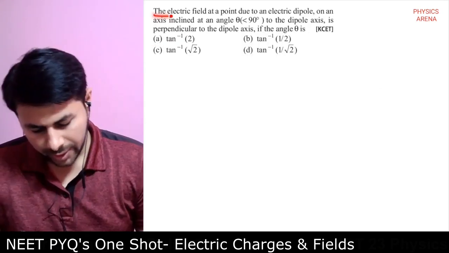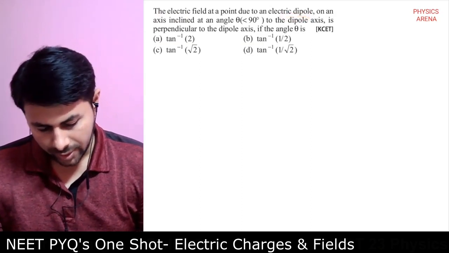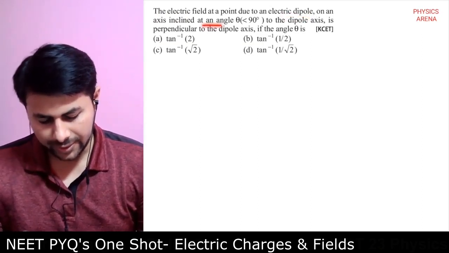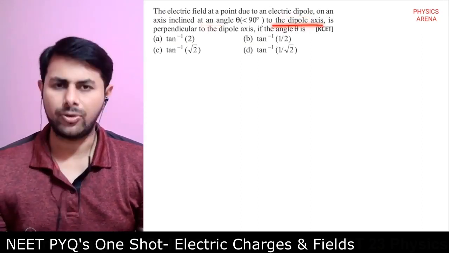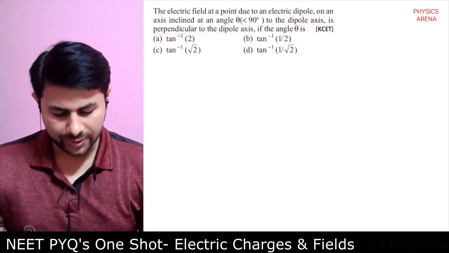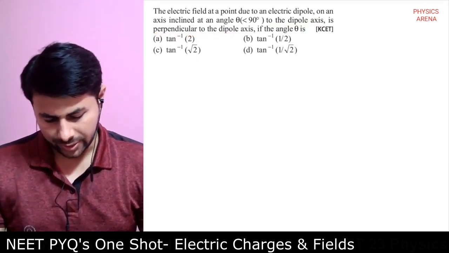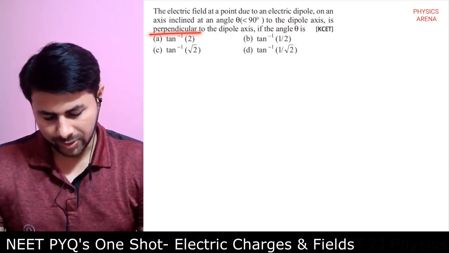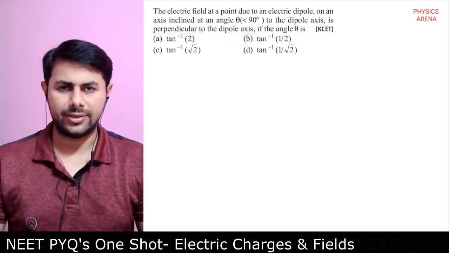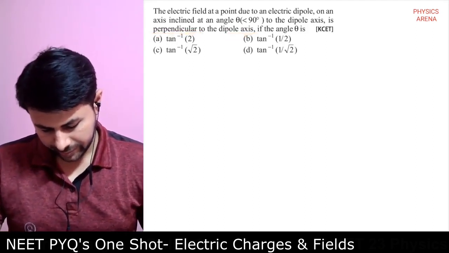Right? The electric field at a point due to an electric dipole on an axis inclined at an angle theta to the dipole axis is perpendicular to dipole axis if theta is. Okay, so this is the question. So electric field is perpendicular to dipole axis if theta is. So see,